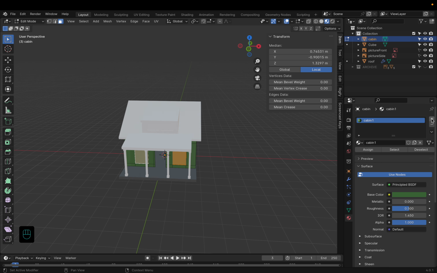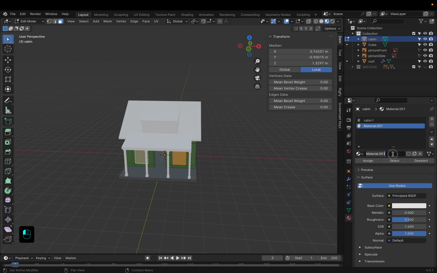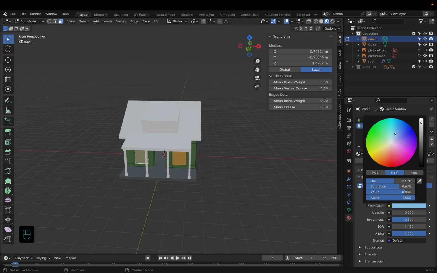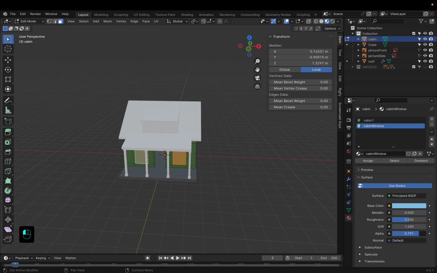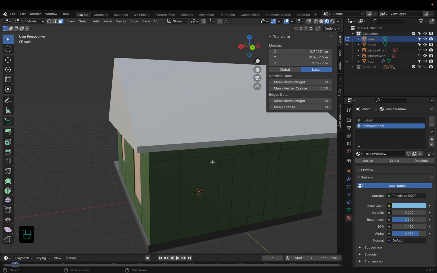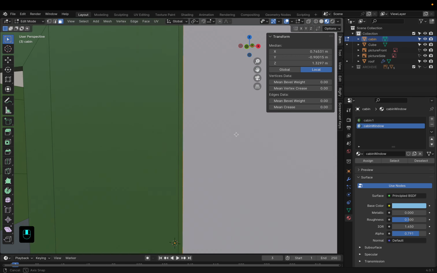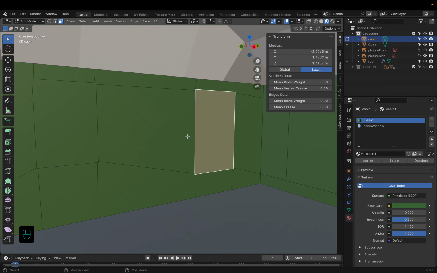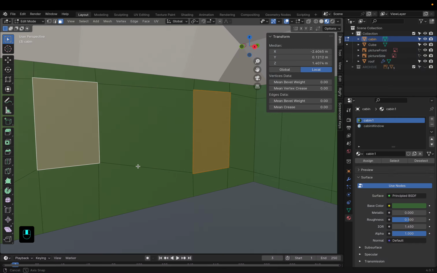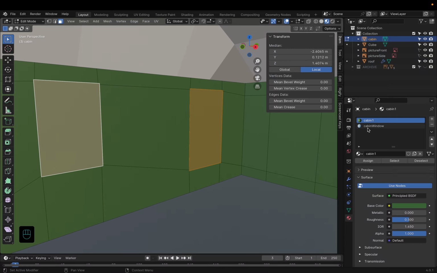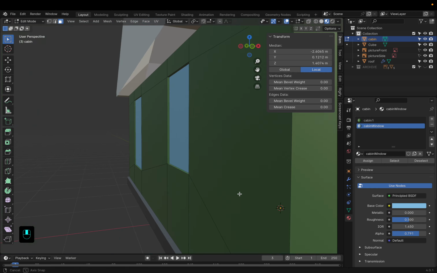And let's say plus here and new, and we'll call it cabin window, and we will call that lighter blue. We can drop the alpha down a little bit, and we will say assign. And let's do these interior windows and assign those to cabin window, assign. Okay,